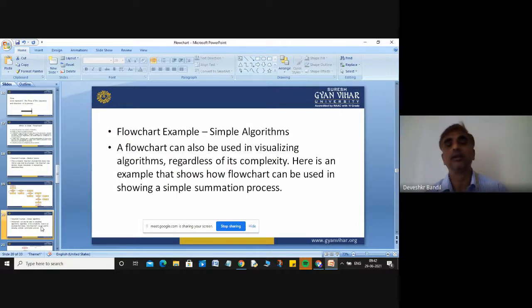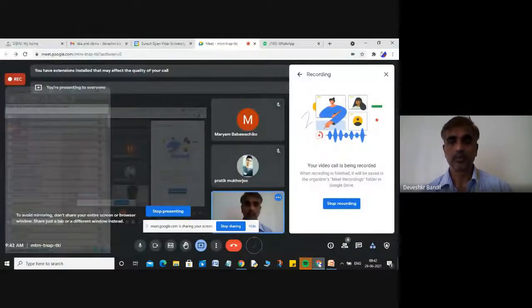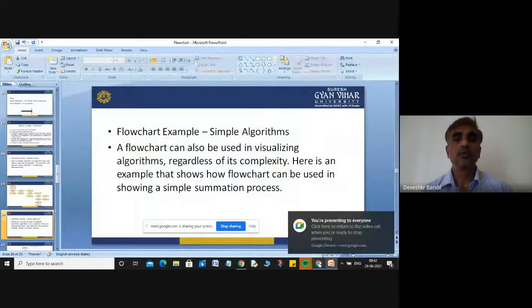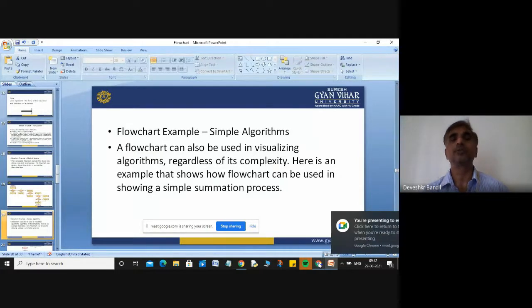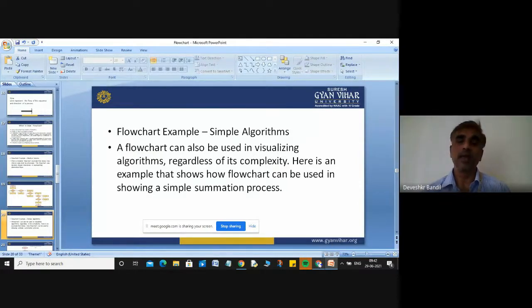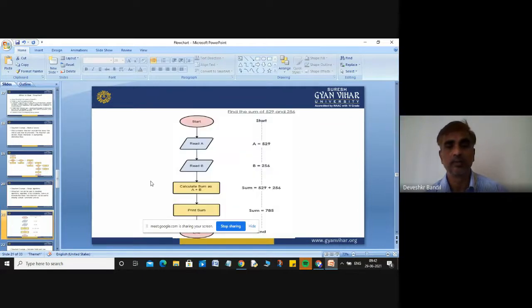Okay, and now I am taking the other flowchart of your simple algorithm. A flowchart can also be used in visualizing an algorithm regardless of its complexity. Here I am taking an example of your simple summation process. You can see in this slide, first of all, you will start. After that,